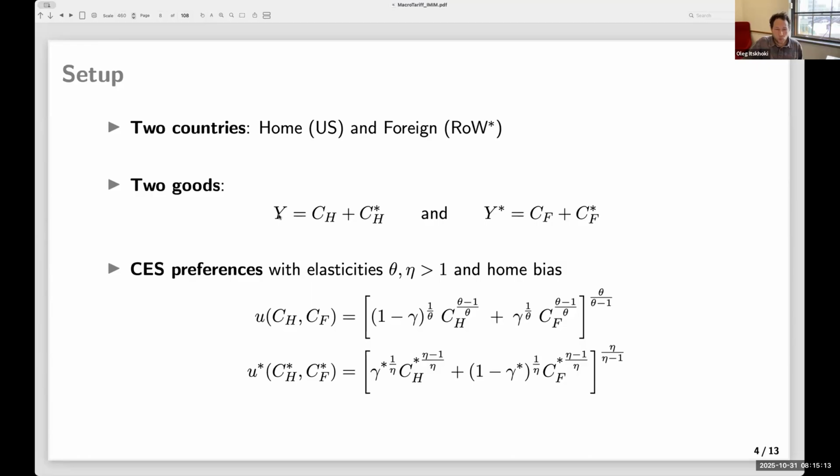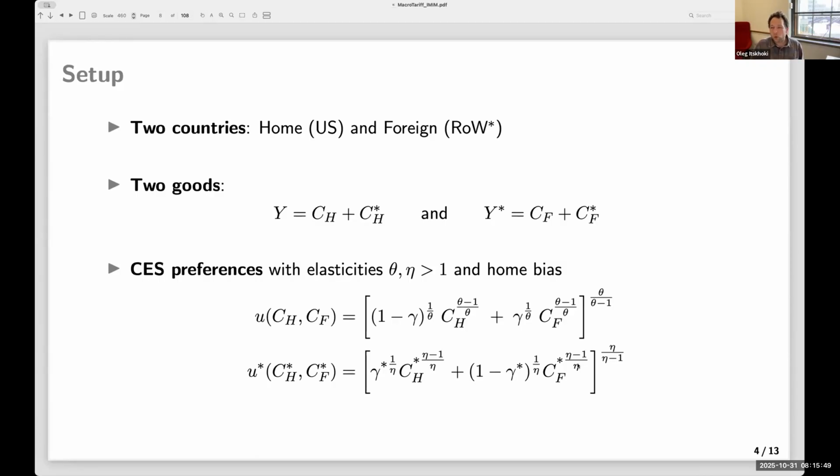And so then there is a home good that's split between the home market and the foreign market, and the foreign good that's split between the two as well, and the two utilities with home bias, right? And different elasticities, because for the optimal tariff, it's important to figure out whether it's the monopsony or the monopoly effect that works, and it's nice to have different elasticities, right? It's sometimes useful to even write this as a separable utility and have two different elasticities here to figure out whether it is the monopsony or monopoly effect. So it's all doable, but we'll do it this way, right?